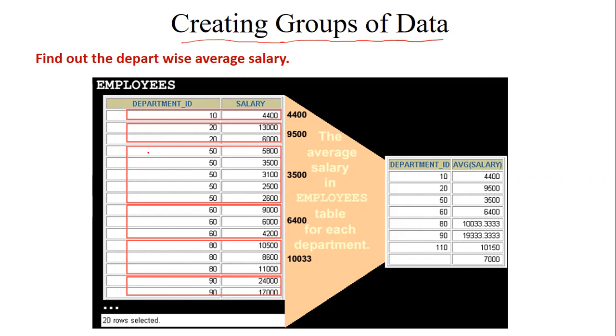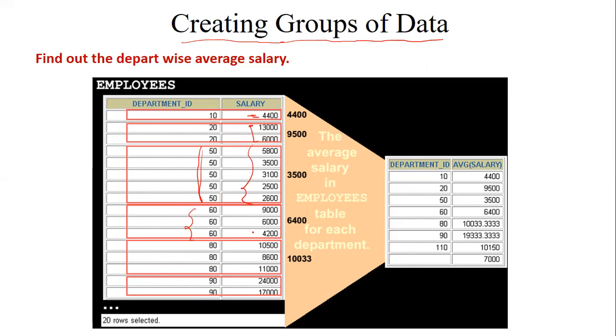How we can create groups of data, we have to see in this next session. Here you can see department ID is 10, department ID 20. Now we want to group the salary according to the department ID. Department ID 10 contains only one salary, so we have represented it here. Department ID 20 contains salaries of 2 employees, so there we have represented them. In department number 50, there are multiple employees, so we have represented different salaries. And similarly in department 60.